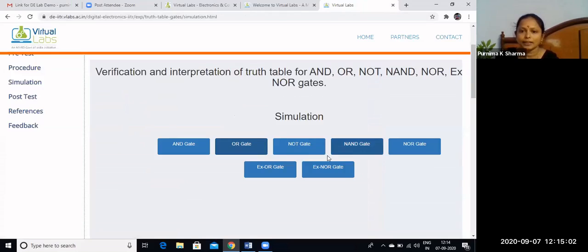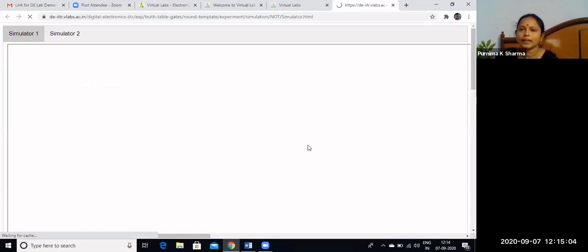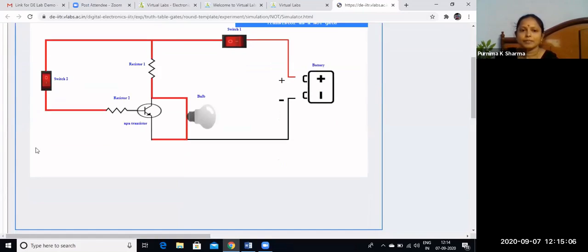Just like this, you can check the NOT gate. Same thing, circuit connection. First connect the battery: double click on the battery, then it will be connected. Switch 1 gives the supply to the circuit. You can observe here, switch 2 acts as the input to the NOT gate.